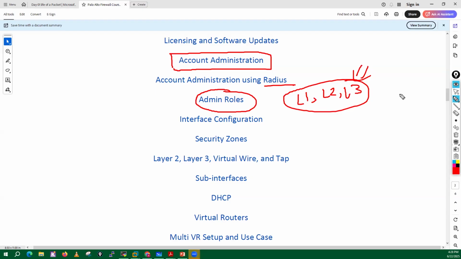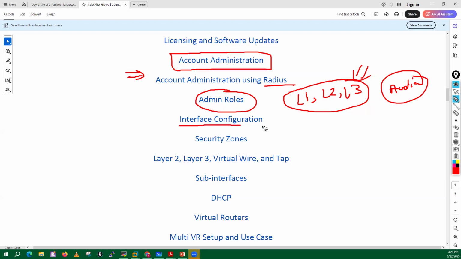Let's say we have one auditor, right? The auditor came for 1 week. Then how can we create a role just for that audit purpose for this auditor, right? So all those things I'll cover in your admin roles. Once this admin part is complete, I will also add a couple of things: we will see the authentication profile and authentication sequence. All those practicals also come under this place.